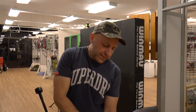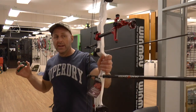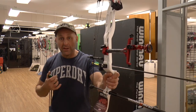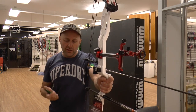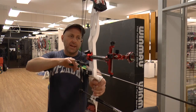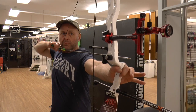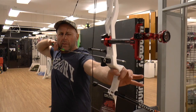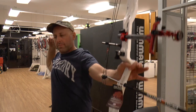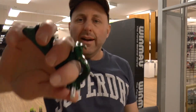But it's just not feeling as comfortable in my hand as the Scott Ascent did, or the True Fire Sear. As soon as I shot this True Fire Sear, I love the feel of it. I love the feel of the Scott Ascent. Like, this is coming off well. I like the way it feels, but I feel